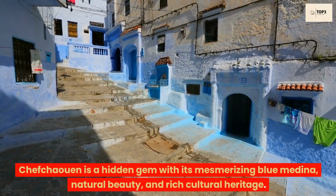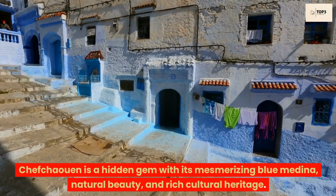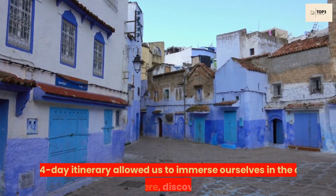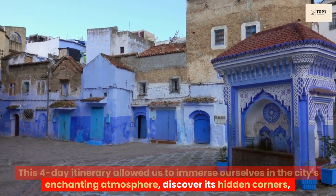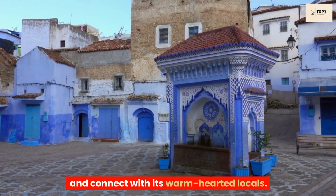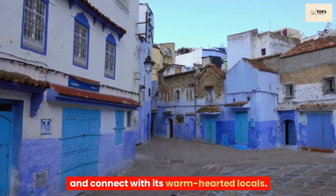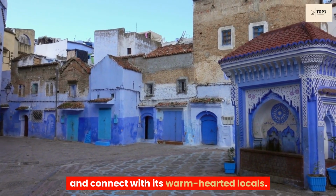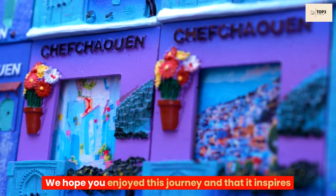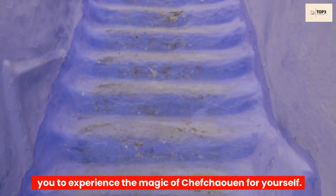Chefchaouen is a hidden gem with its mesmerizing blue Medina, natural beauty, and rich cultural heritage. This 4-day itinerary allowed us to immerse ourselves in the city's enchanting atmosphere, discover its hidden corners, and connect with its warm-hearted locals. We hope you enjoyed this journey and that it inspires you to experience the magic of Chefchaouen